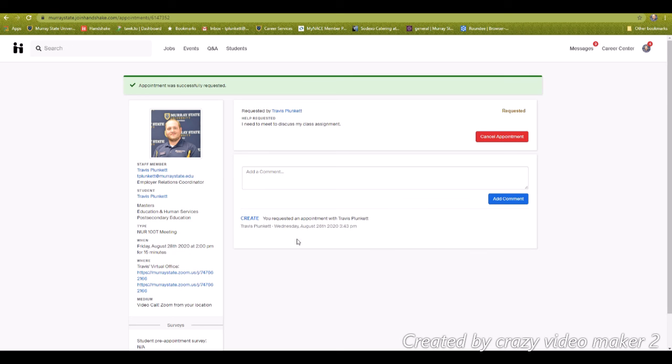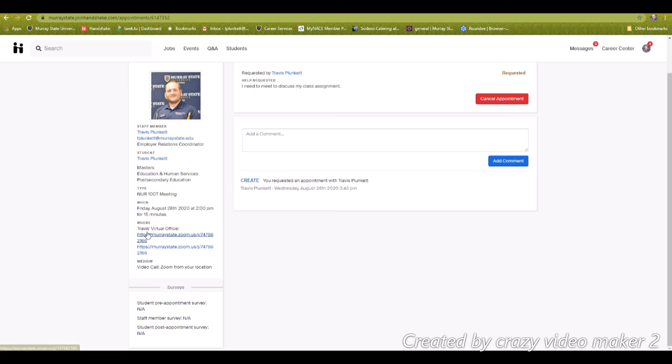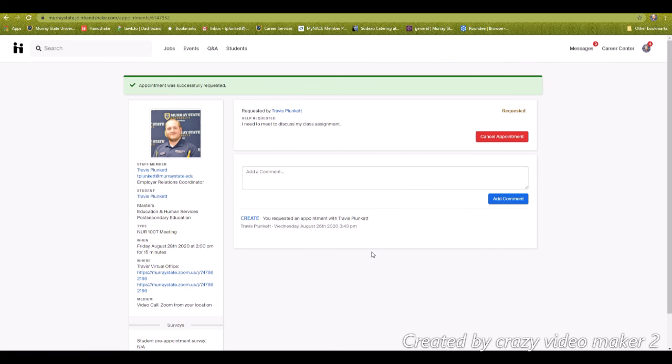Like I said, most of our meetings are going to be virtual via Zoom. So what you'll see down here, you'll see Travis' virtual office. So I have Zoom links to connect with me. And then it'll also send you an email from Handshake once that appointment's approved, and it'll also have those links as well. But that is an overview of how to schedule an appointment with our office for